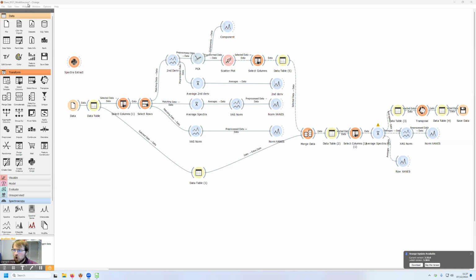Orange will most likely ask you to download the spectroscopy add-on that we use in our workflow. If it does not ask you immediately, you can download it using the add-on option just here. The first thing you need to know when you want to use this workflow is that Orange requires the